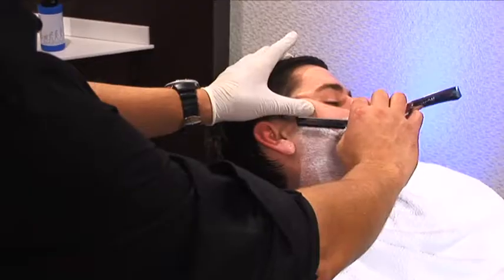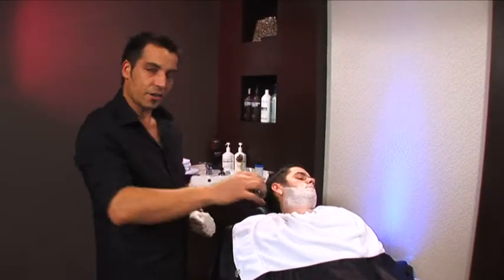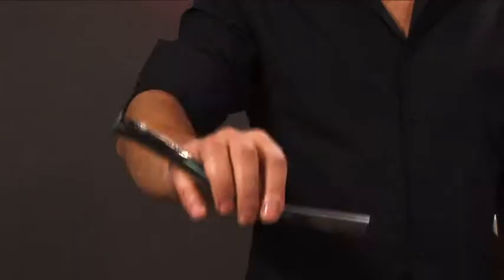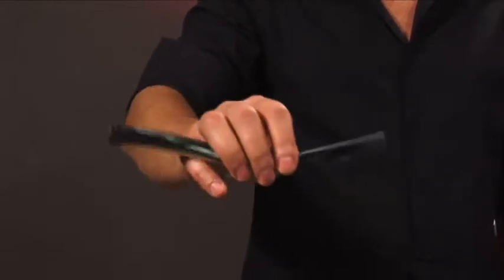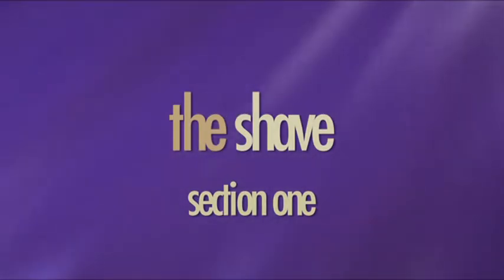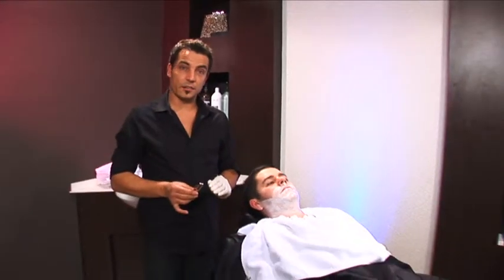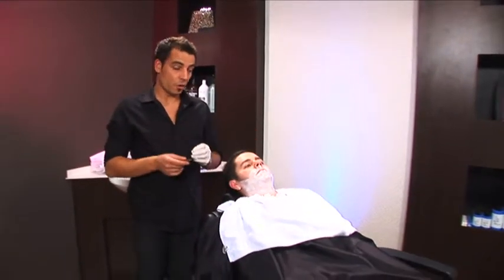Hold the blade at about 5 degrees to the skin, and it's important that you use short strokes and use your arm like this to make the movements rather than your wrist. The golden rule of shaving is tension, tension, tension. If you don't have enough tension on the skin, you're going to cut your client, or you'll tug the hairs